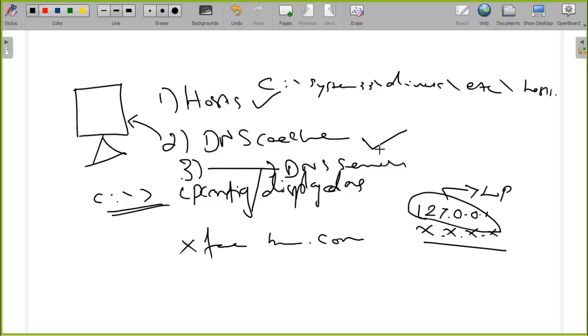Okay, so then the request will go to the DNS server. From there, it will be taken care of by the other service providers. Okay, now let us see a situation where there is no entry found in the host file as well as in the DNS cache.